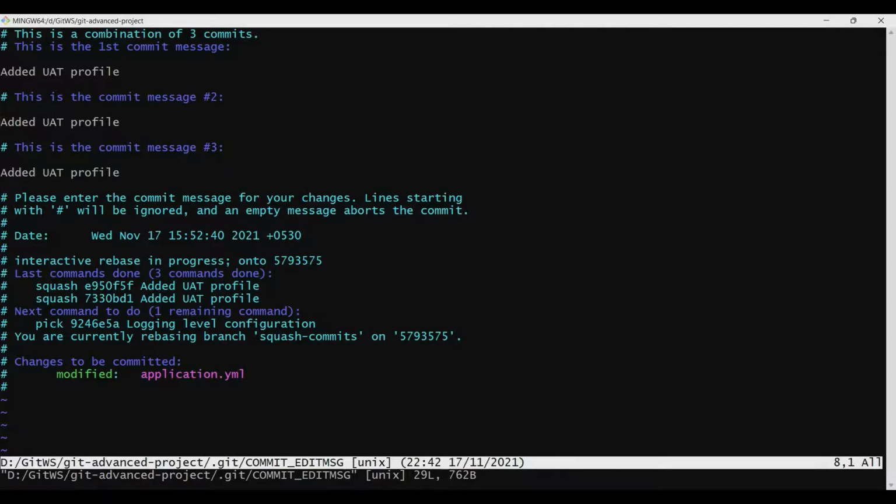We can choose a different commit message if we wanted to, but let's keep this as it is. So we'll comment out this line so that it gets ignored, and even this line. Basically the line which doesn't start with hash is this line, and this message will be used as the commit message. So let's go ahead and save this commit message. We'll say again :wq.